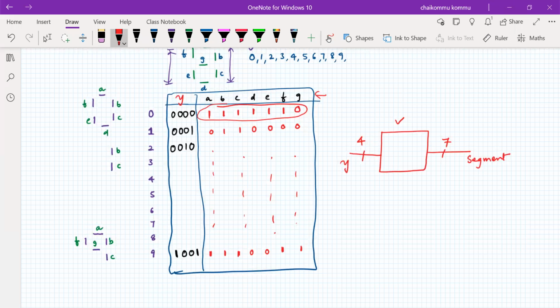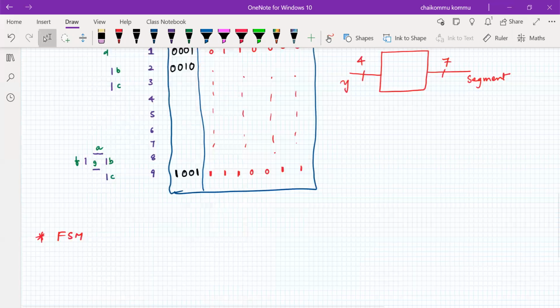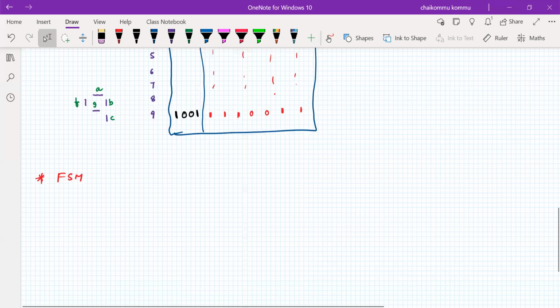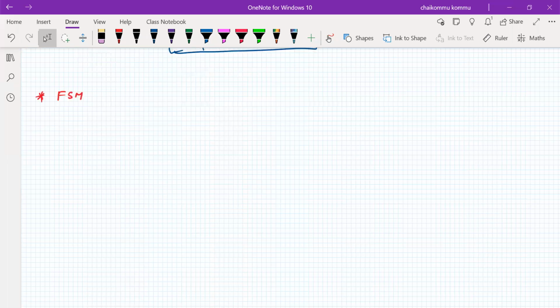Later, people have gone for another alternative method, because finite state machine is also not a sufficient method. Therefore, they use algorithmic state machine charts to identify the functionality of digital circuits in a more detailed manner. So let us go first for finite state machine, then we'll go for ASM charts in the next unit. For example, we take one sequential circuit.